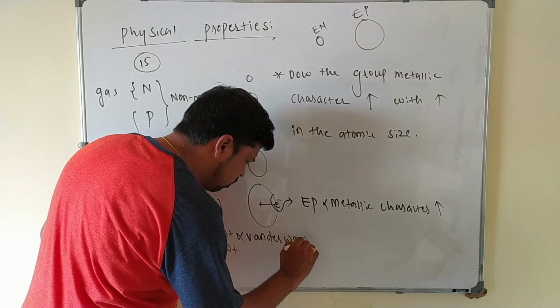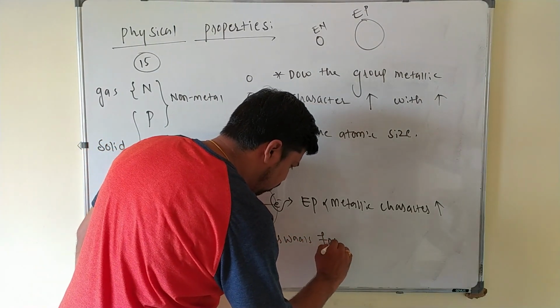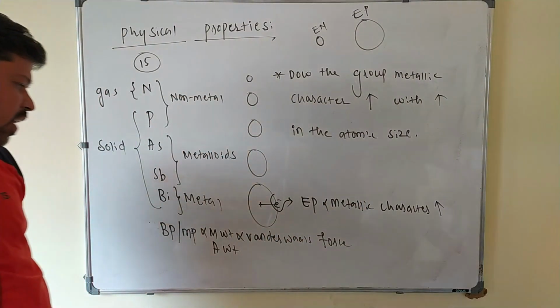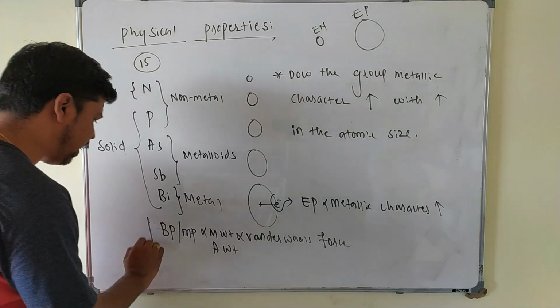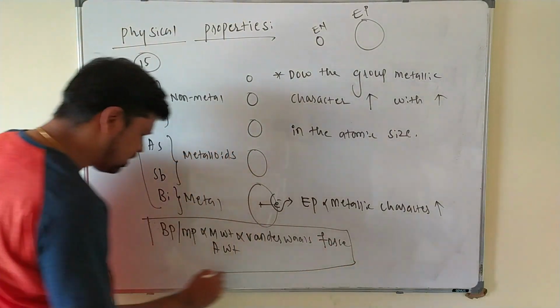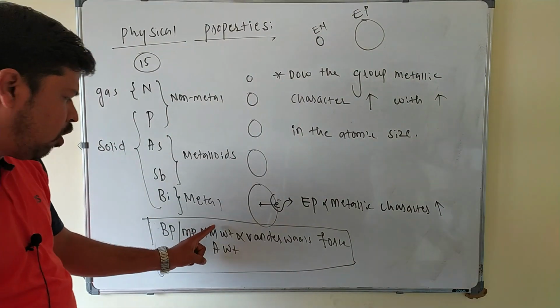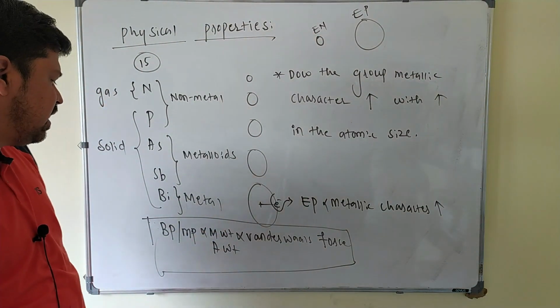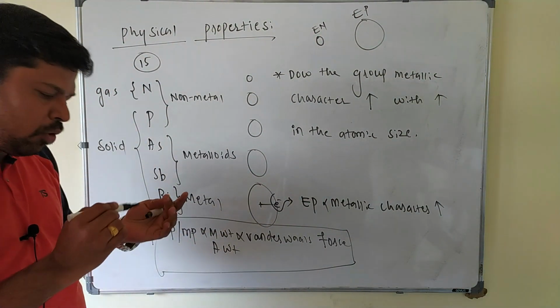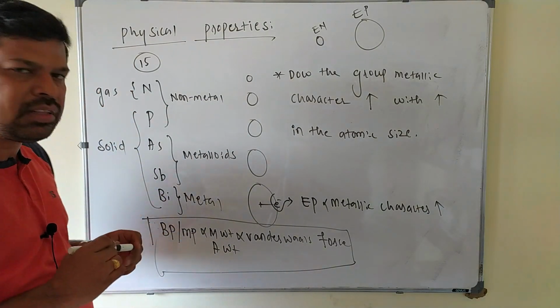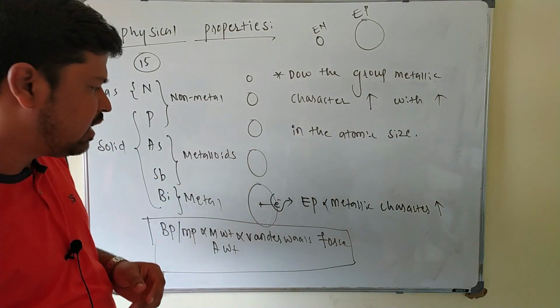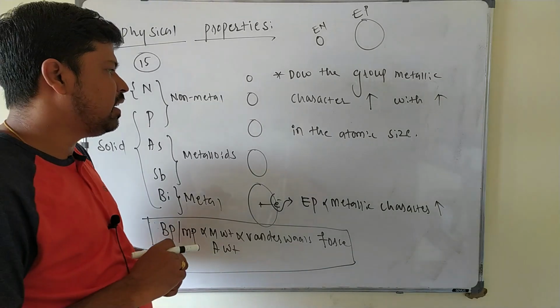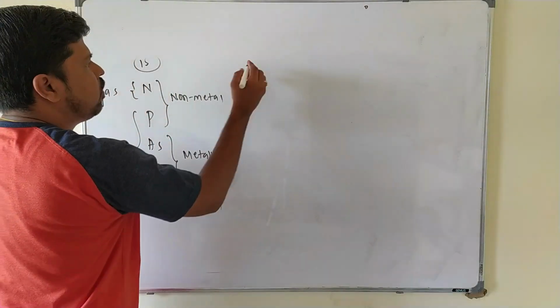Van der Waals forces. As van der Waals force of attraction increases, the melting point and boiling point increase, as well as with the molecular weight or atomic weight. So down the group, boiling point increases from nitrogen to bismuth because of what? Increase in the size, van der Waals force of attraction increases here. Down the group